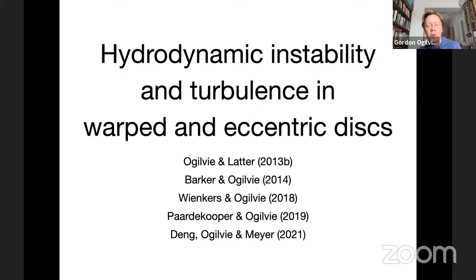Okay, and we have used this type of computational model to understand the onset of hydrodynamic instability and the production of hydrodynamic turbulence in these flows. It's a novelty because people generally have thought that hydrodynamic turbulence doesn't occur in astrophysical disks, that you need magnetic fields to produce turbulence.